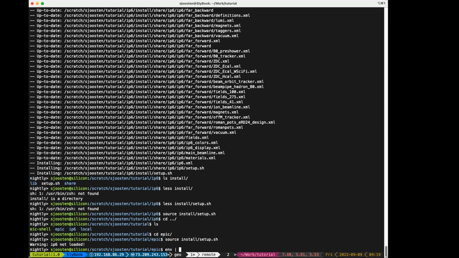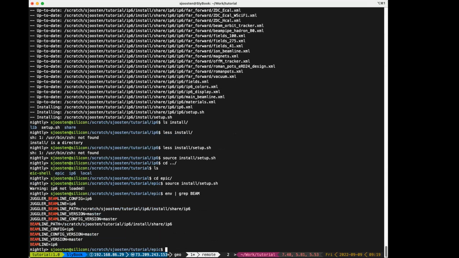And if you look at our environment, you can see that the beamline path is set here to our tutorial directory. And our beamline path is also set to the tutorial directory. So this will now pick up the plugins from the IP6 that are there. So it's exactly the same as for Epic, and you just do both. And then you don't need anything from the general detector, okay? Okay,